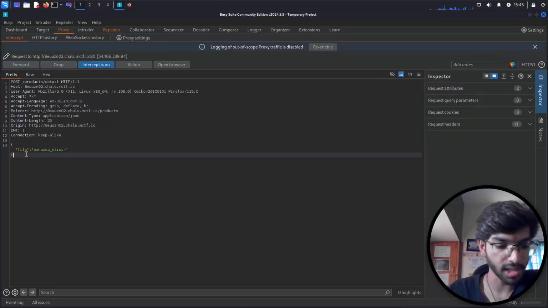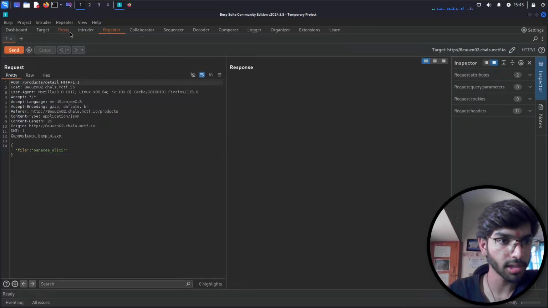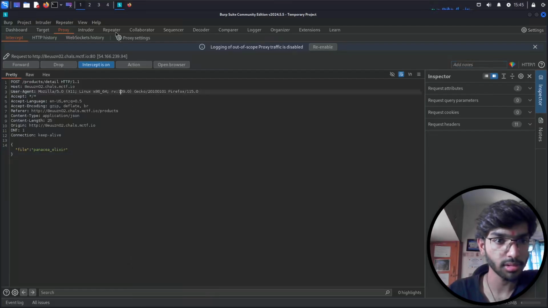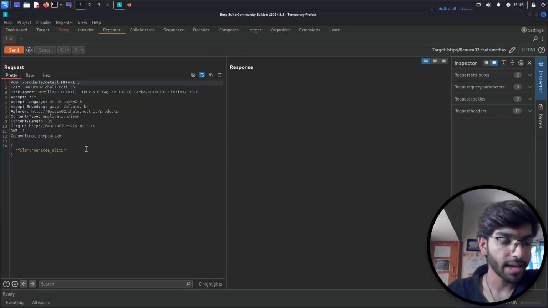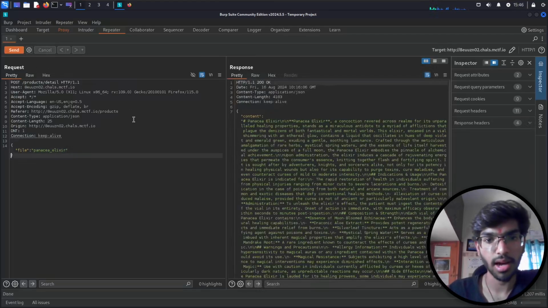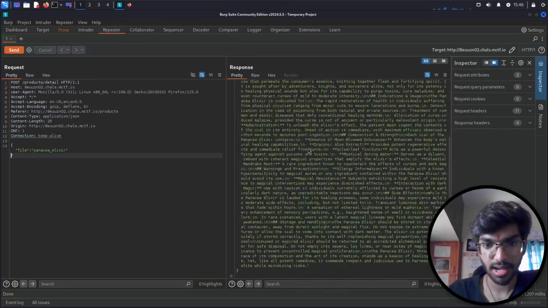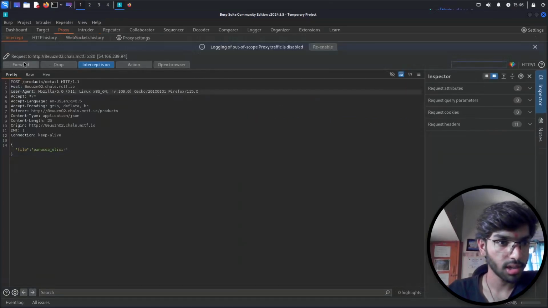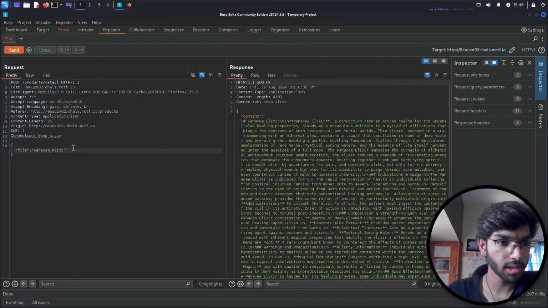You can press Ctrl R, which goes to the repeater, or you can right click, then click on send to repeater. Both are going to come here, and we can do some testing right here. I'll just send this data as it is, and we see a lot of data coming out. No, this is not the data. This is just whatever random text or information regarding the post. Let me turn this off now. In repeater,